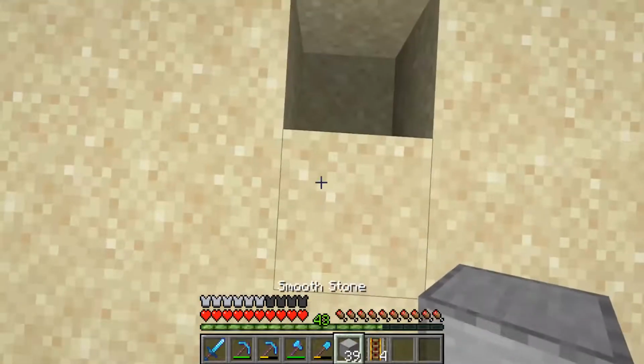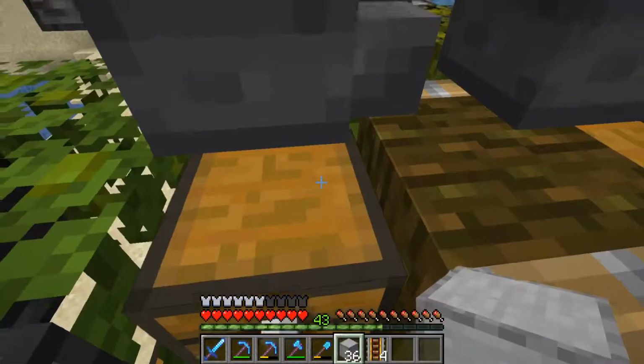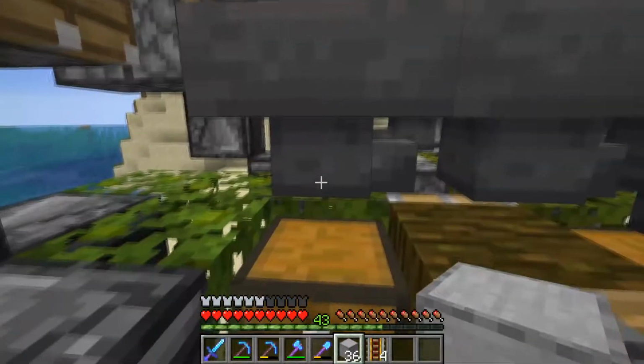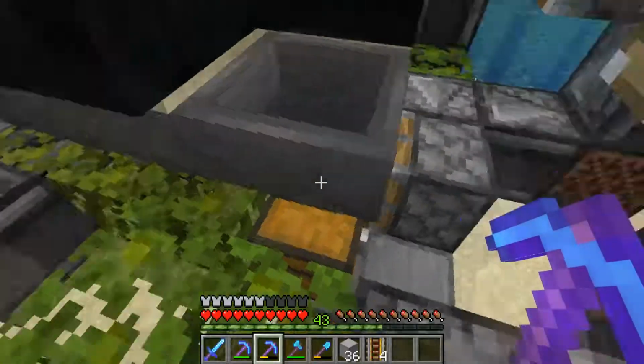Oh, I can actually fix that. Let's see here. Let me come up here. Oh, can I destroy this hopper? Okay, I can. Can I jump up? There we go. So basically...